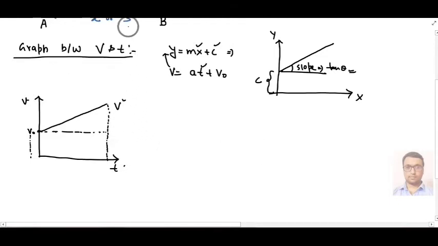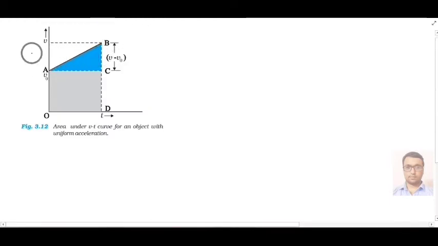We can show this graph like this also. Here you can see this graph is the same. On the y-axis you have velocity, and on the x-axis you have time. This point A represents your initial velocity v0, and O is your origin, and up to point V we have total velocity v. This much length is v0, and this total length is v. If we want to get this much length, it will be total v minus this v0, that is v minus v0, the v to c length.